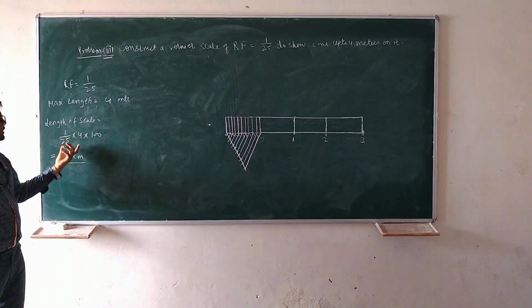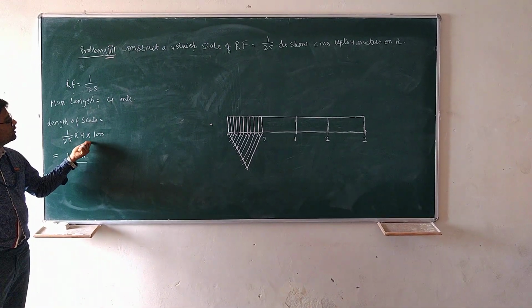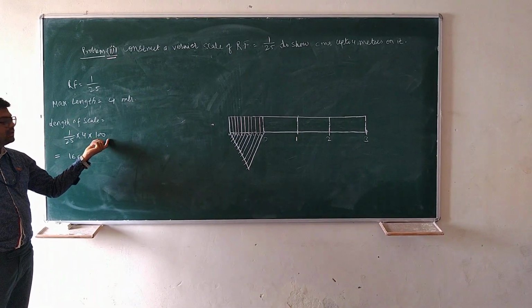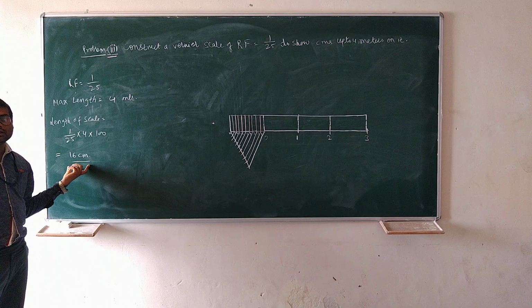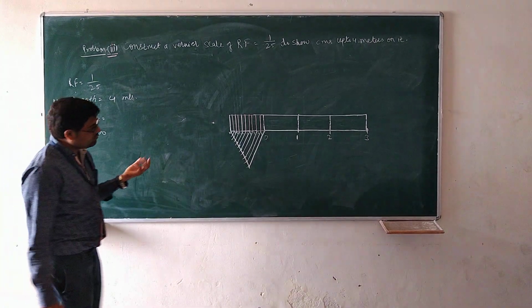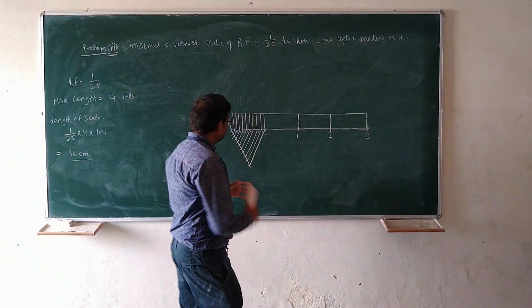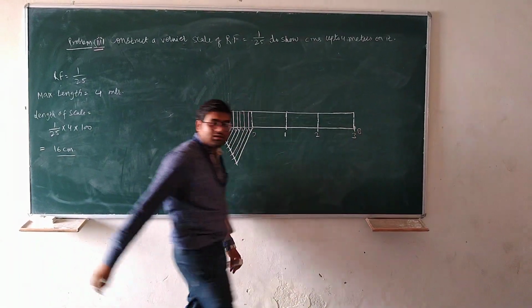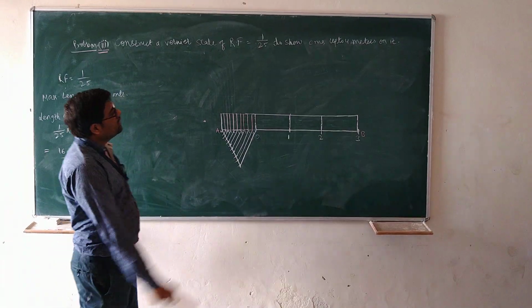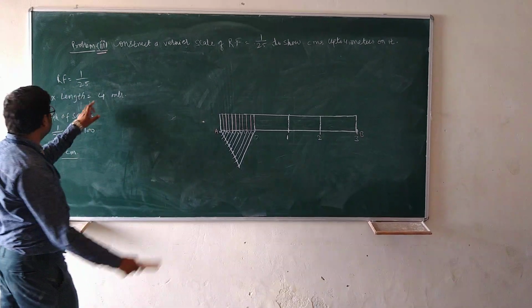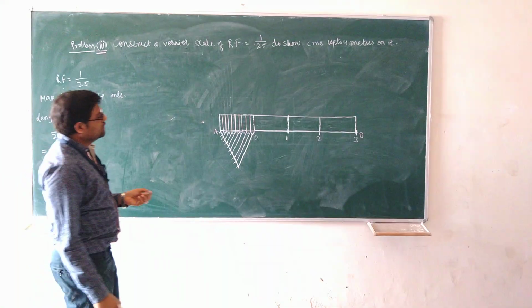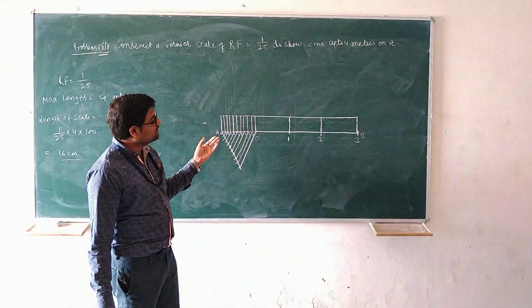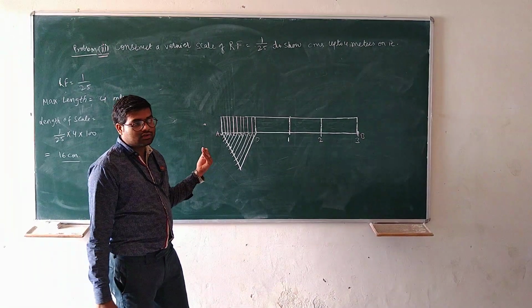The length of the scale is equal to 1/25 into 4 for the meter, and for centimeters we have to multiply it by 100. So the result is 16 centimeters. And we have drawn a line AB of 16 centimeters, divided into 4 equal parts because the measurement is 4 meters. We can divide it directly by the scale or using your drafter.